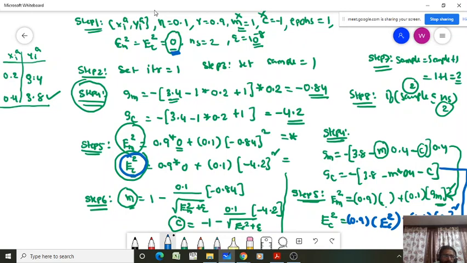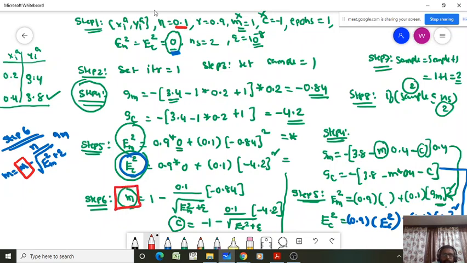In step 6, what you have to do? In step 6, we are going to update the model parameters. That is m equal to m minus eta, that is the 0.1, divided by square root of exponential decaying average squared gradient with respect to model parameter m plus epsilon, into gm, right? So where from will each variable come? So eta, that is the 0.1, perfect. Now this m value will be from the latest m value, not this one, minus square root of em2, that will be coming from here, epsilon to the 10 power minus 8, and gm will be coming from this one,